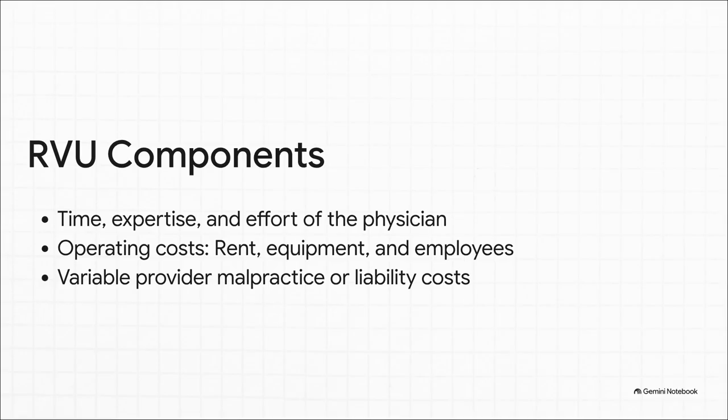Second, you factor in operational costs. Things like rent, equipment, and paying employees. And third, variable malpractice or liability costs. Which totally makes sense, right? It's why an obstetrician's RVU inherently differs from a primary care provider's. You combine these 3 parts, multiply them by a regional or geographic conversion factor, and boom, you get your final payment. All right,